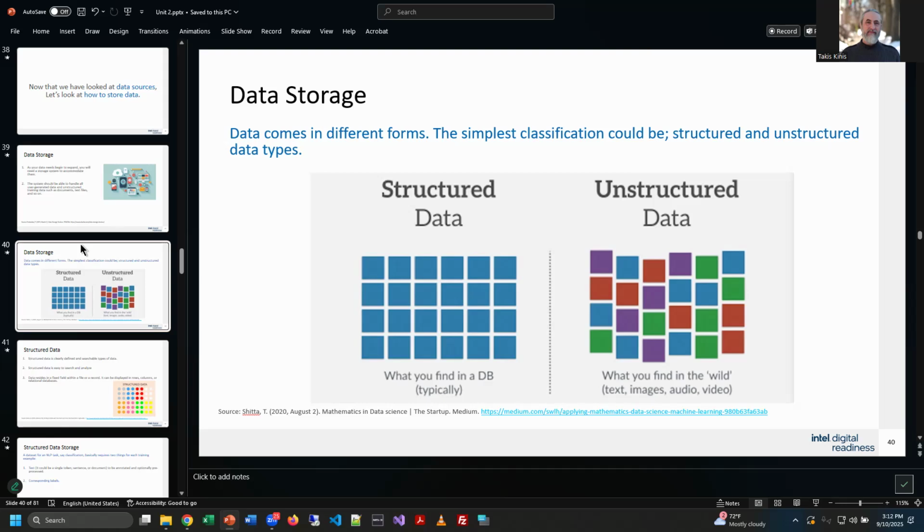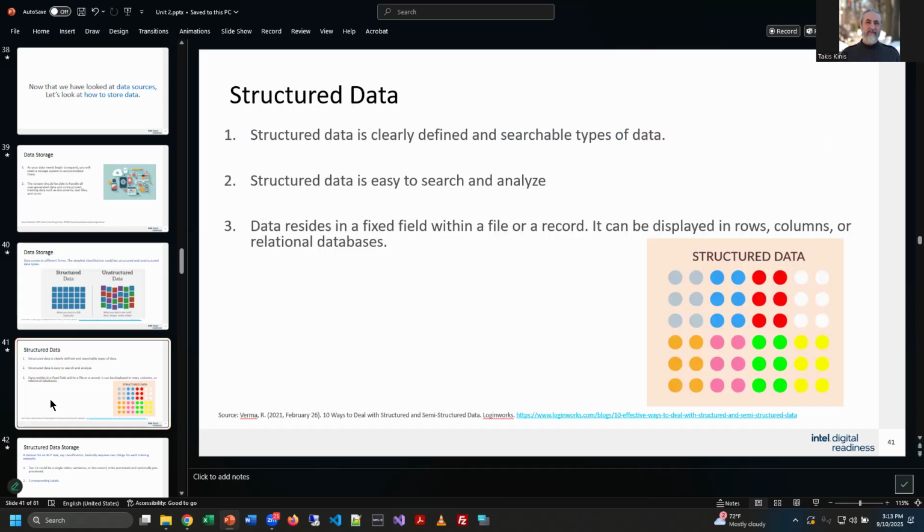Then you have unstructured data, and what they have here is examples of what you find in the wild, like randomly on the internet or electronically. That can be words, images, audio, video, and think of how much content you consume like that. A lot of what you consume is unstructured, right? Especially on a social media site, you don't know if somebody's throwing words at you or video or a link at you or whatever, right? And it's not really in a format. So that is what we call unstructured data.